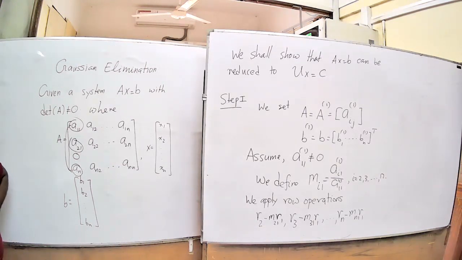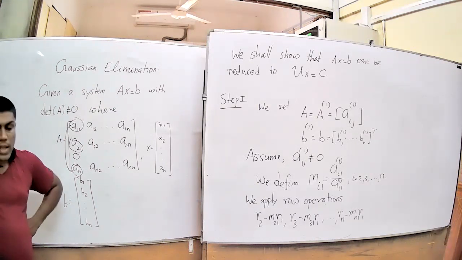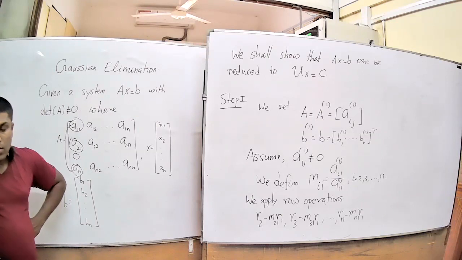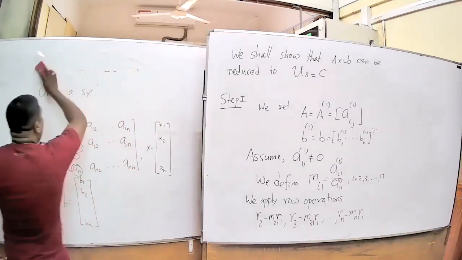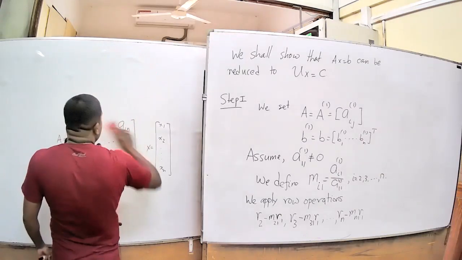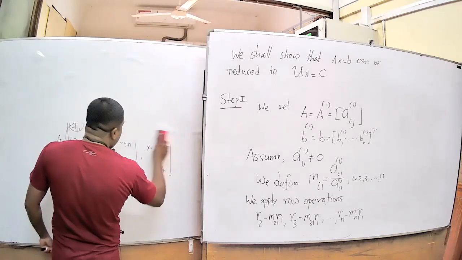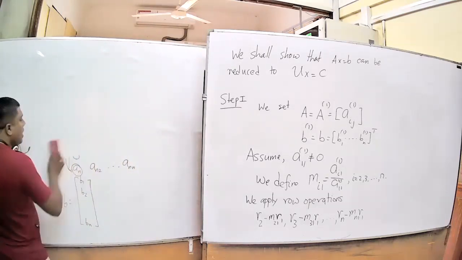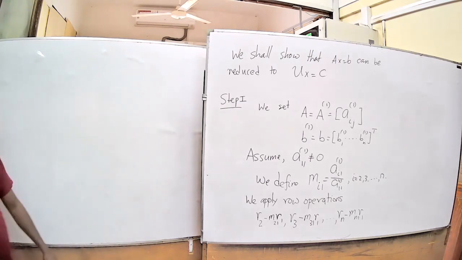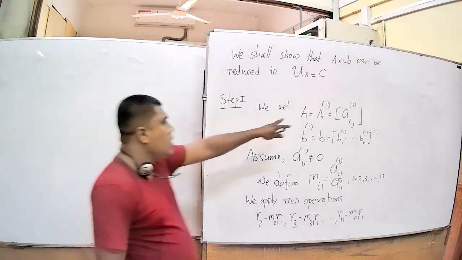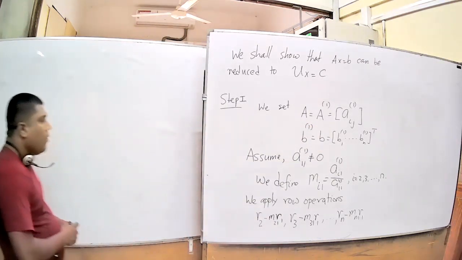Then you take r3 minus m31 times r1. Like the way you did in the example, you apply all the row operations, right? After applying the row operations, like the way you did in the example, we have 0 on the first column below the diagonal, because if you do this row operation to this matrix A1, we get